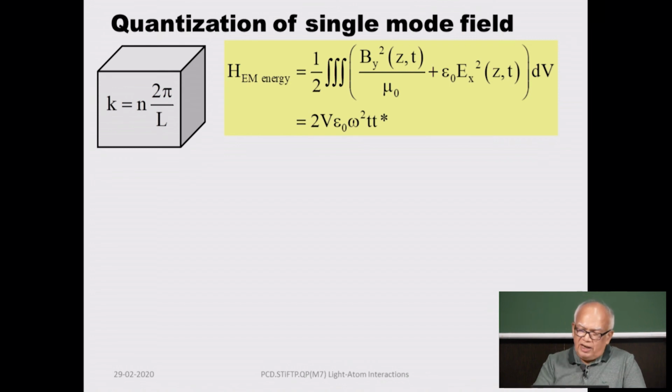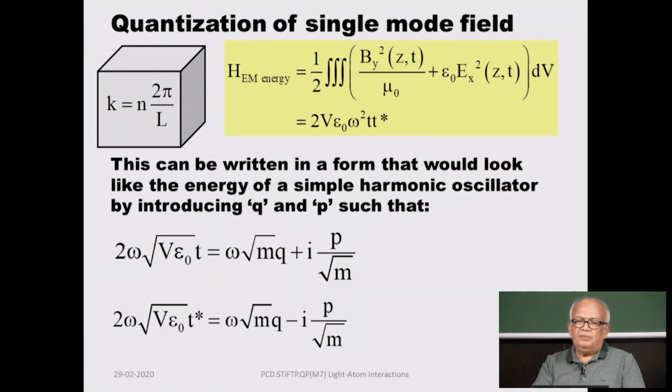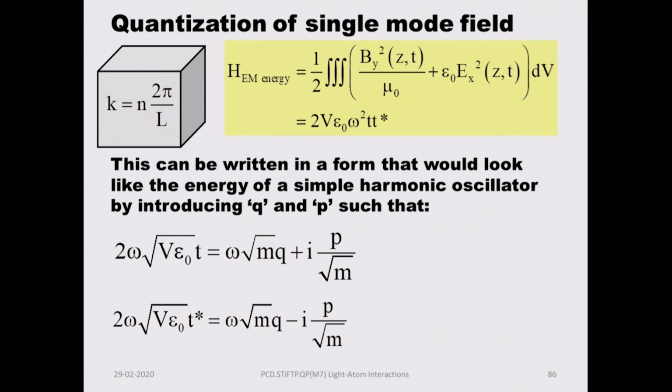So this is the total electromagnetic energy in that box, and this is just the integral of the magnetic field energy density and the electric field energy density. So these are well known relations which I am sure you are familiar with,